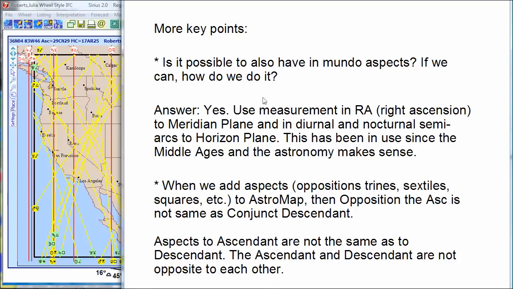Is it possible to also have in Mundo aspects? If we can, how do we do it? The answer is yes, and now this is the part I didn't explain, but just a little note about how this is done. When you measure aspects, the distance of planets to the meridian